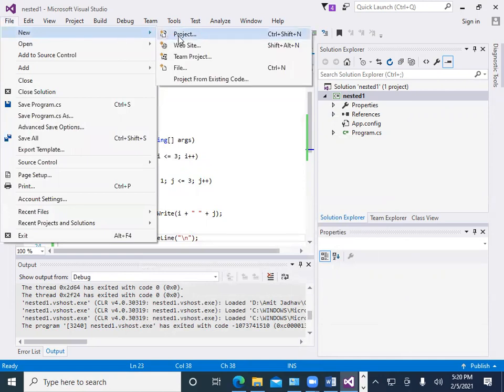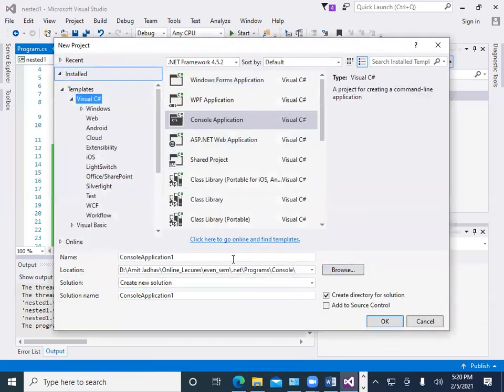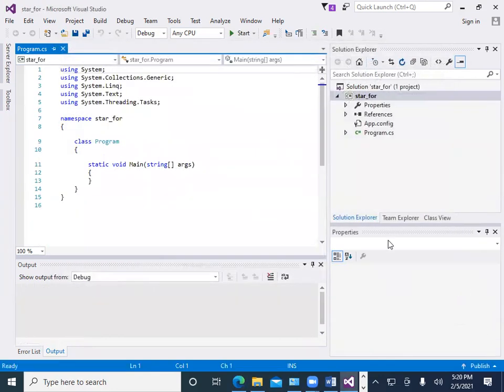So here new project, I write here program name star with for, so star underscore for. So this is the new program. For that we require i and j only.